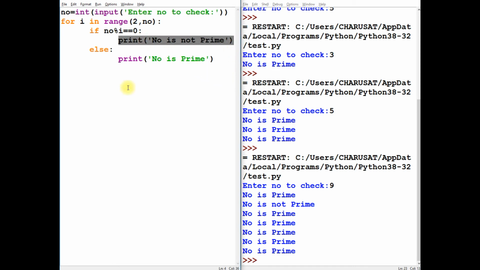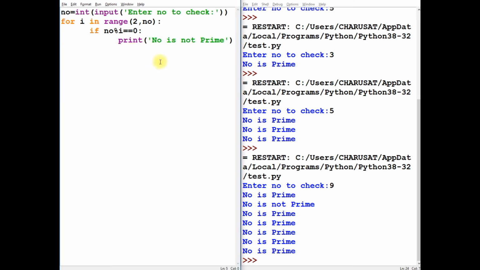Okay, but again I am going ahead with my next line of code. So again it is checking whether number is prime or not with I to be 4. So 9 by 4, again that number is prime. Why number is prime? Because 9 divided by 4 is not equal to 0. This condition is getting false. That's why this part is getting printed. So actually I cannot do it like this. Why? Because if even once this part is executed, that means number is not prime.